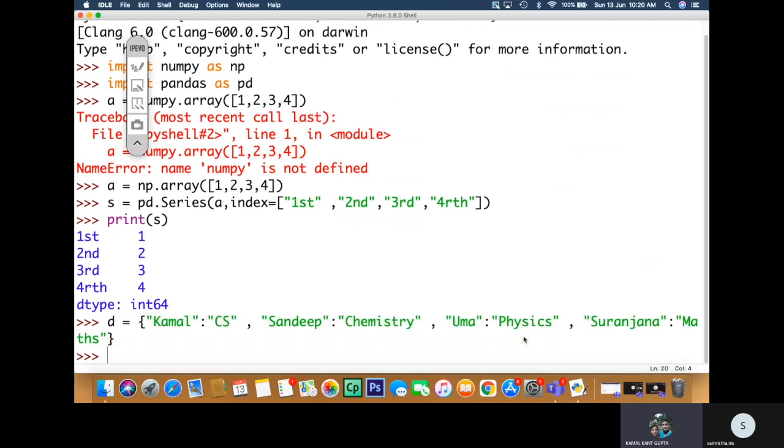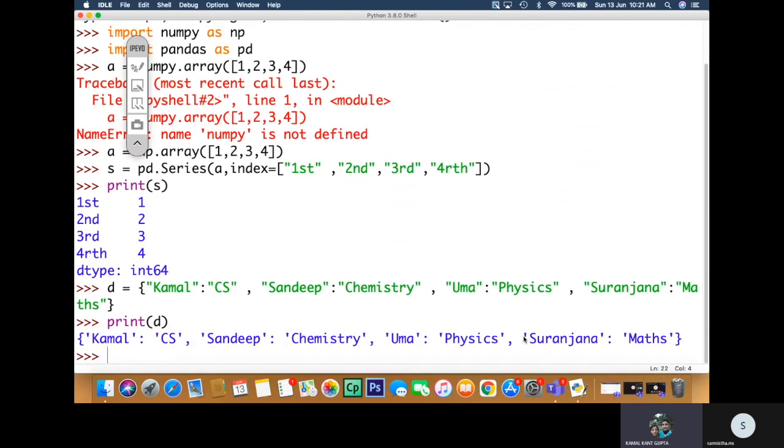So here it is. Now let us go for the next thing. Let us print this dictionary and see what comes. Okay, so this will give you the dictionary as key value pairs, right? It is okay. Now let us pass this dictionary to create a series. S is equal to pd dot series. We need not write the statement import pandas as pd, because we have already imported it once in the interactive mode, right?